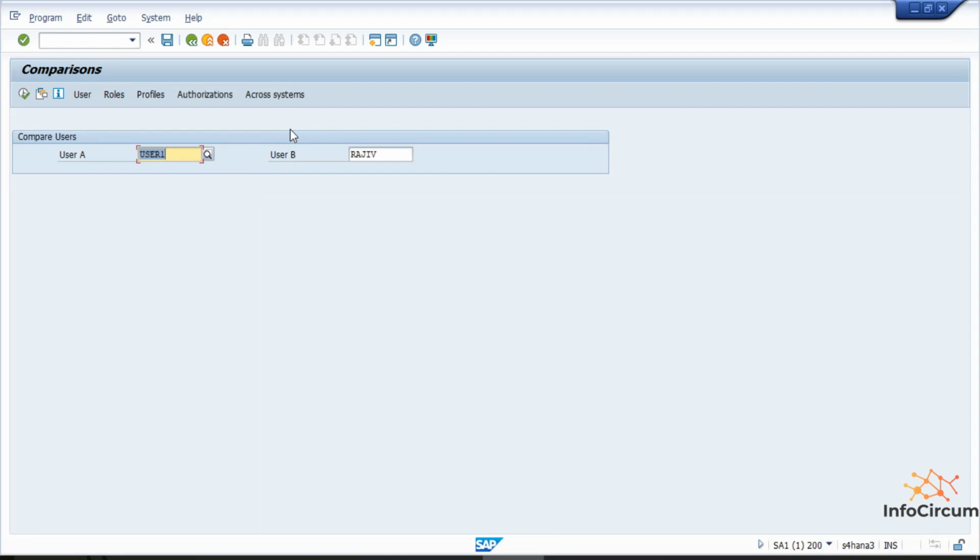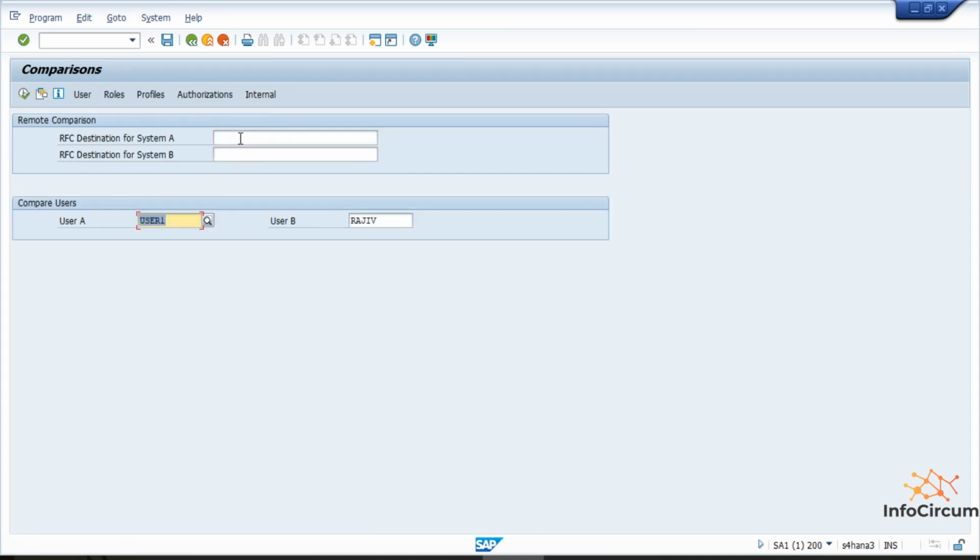And the last thing, you can also compare user A and user B across the system. You just have to select this and give the logical system name over here, and for user A and user B you can give the logical name. With the help of this you can compare user A and user B between different systems as well.